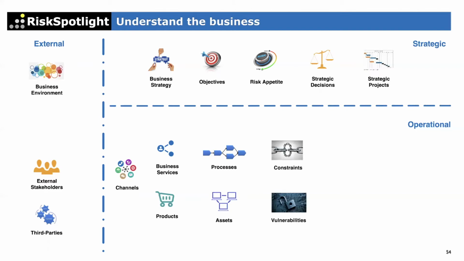To manage those processes and assets, we need to consider the constraints and vulnerabilities in them, because each process will have a constraint. So if it's your online banking system, or let's say your call center, you only have so many people that can handle 250 calls at any given point in time, then that becomes a constraint you need to manage. If something happens which breaches that constraint, then the quality of your process will go down.